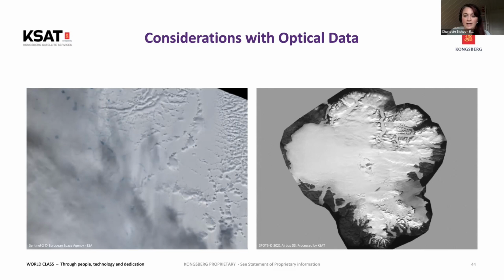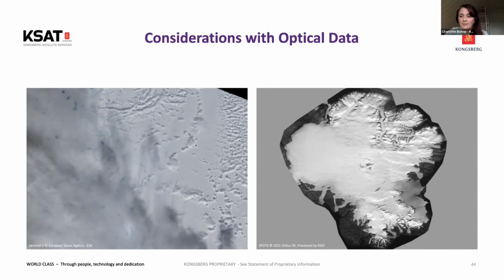So the image on the left is from Devon Island. And you can see there is definitely some snow here. We can see some of the kind of crevasse and lake features in the image under the cloud, and then there's some popcorn cloud here as well. So there could still be information here,